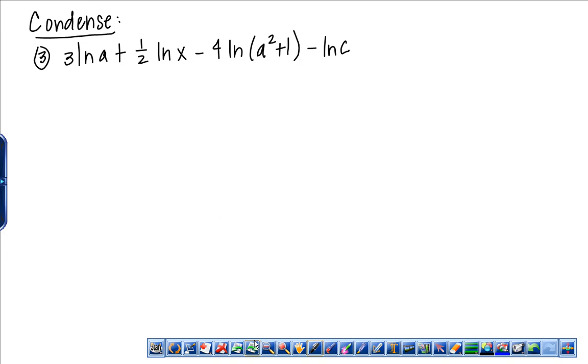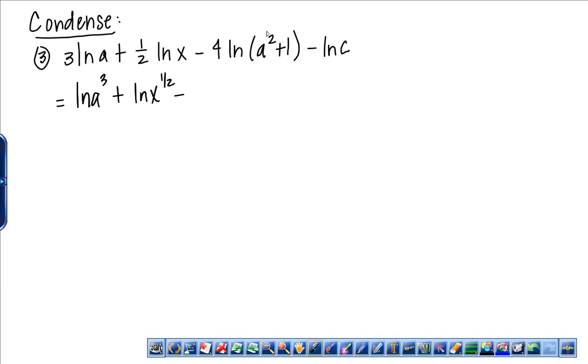Okay, in order to condense, which most of the time is going to be the easiest way for you to look at a problem, is the condensed version. What I would do first is, if you notice, you have a coefficient, and the coefficient is going to go back up as an exponent. So let's see if we can start simplifying this. So this would be natural log of a cubed. Again, this is a coefficient. So let's say natural log of x raised to the 1/2 minus